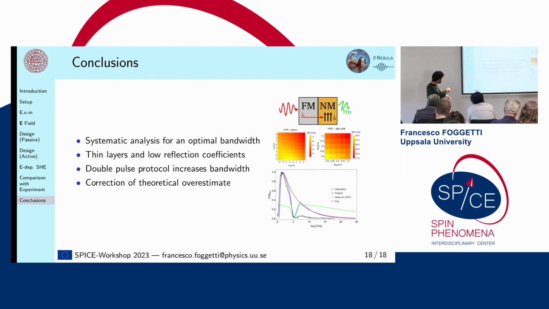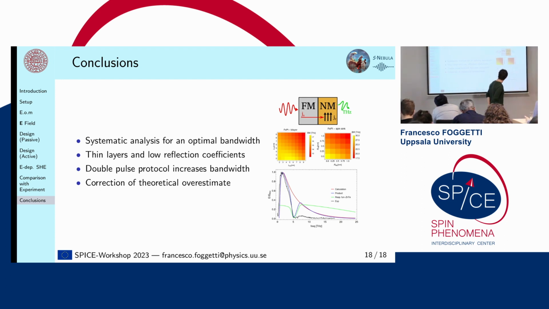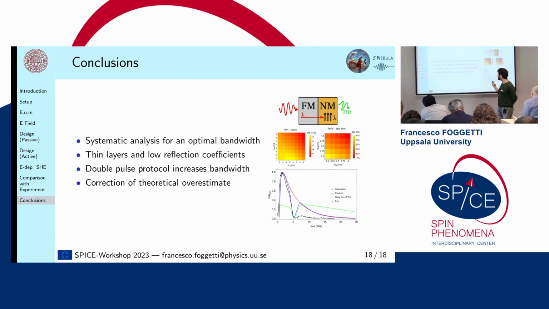We are trying to understand if a double pulse protocol would be a feasible strategy to use in this case. And yes, the energy-dependent spin Hall effect helps correct some overestimates that we noticed being present there. And with that, I would say that